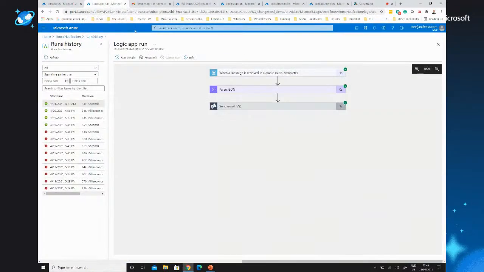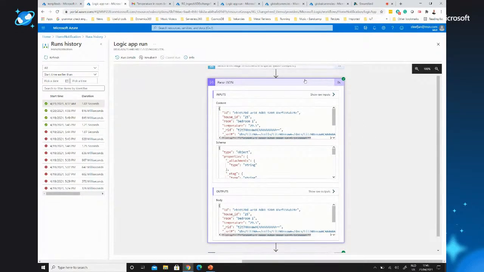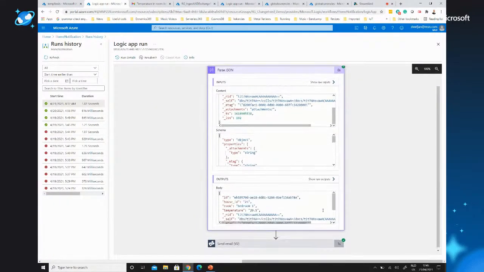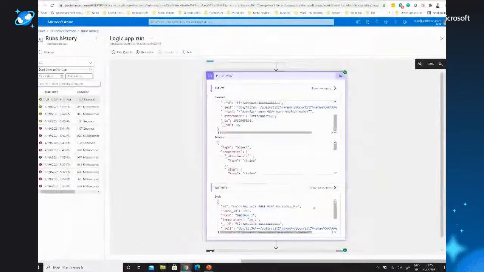So if I move to my logic app, and I've already ran this before, the logic app that's triggered because it listens to the queue. It will get the document, the change document, in this case where the temperature has changed. So it's changed to 29.5 Celsius degrees, meaning that it went over the threshold of 25, leading to the push of a message to